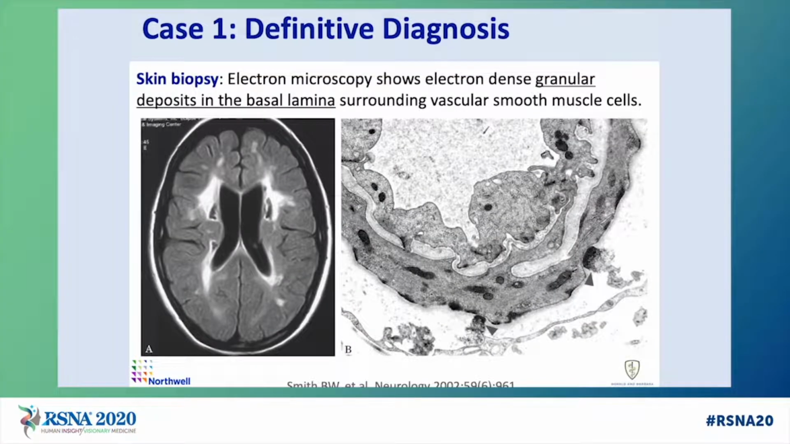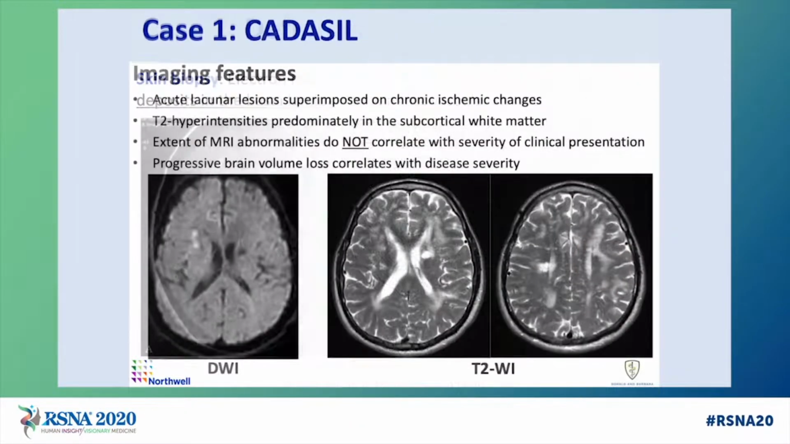The definitive diagnosis of CADASIL is made from skin biopsy. The electron microscopy shows dense granular deposits in the basal lamina surrounding vascular smooth muscle cells. On MR imaging, there are several imaging features of CADASIL, including acute lacunar lesions superimposed on chronic ischemic changes as